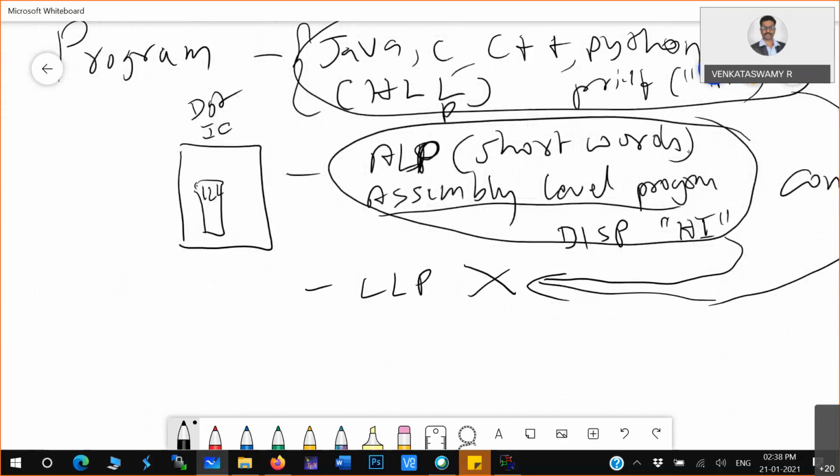So these are all different categories of statements. Similarly, in assembly also you have different types of statements, like data transfer statements. I'll discuss in detail when that topic comes; I'm just telling in general.